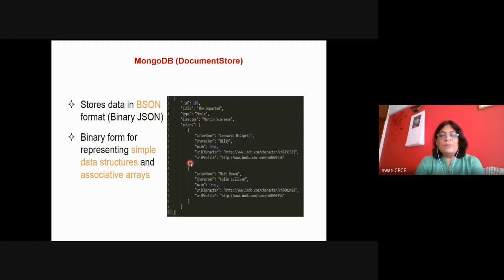Suppose there are 10 actors, so we can store a maximum of 10. If the movie has only 5 actors, then the other 5 fields will have the value null, and memory space will still be allocated even if the value is null, which is a wastage. The flexibility is not there, but here the flexibility is there. Different documents can have different numbers of actors embedded inside the movie document.